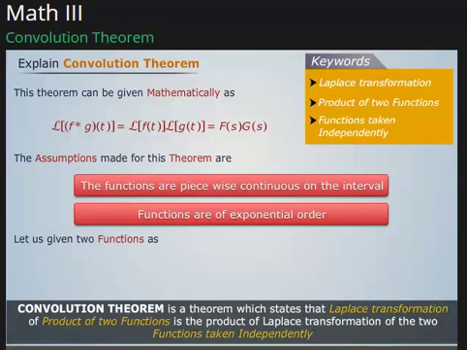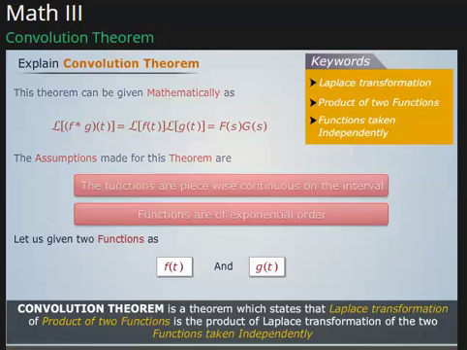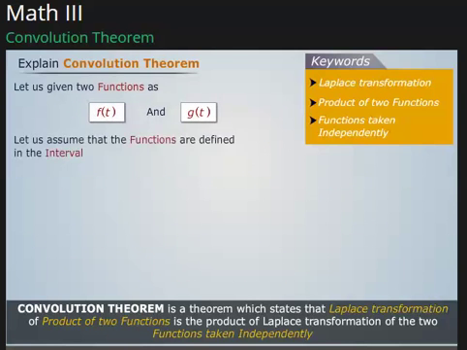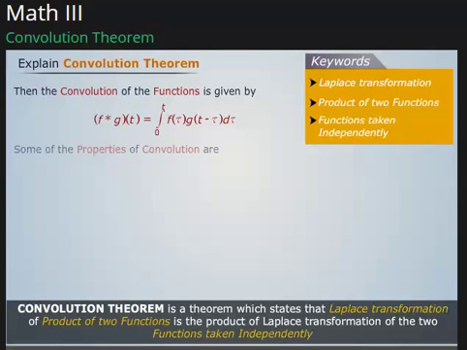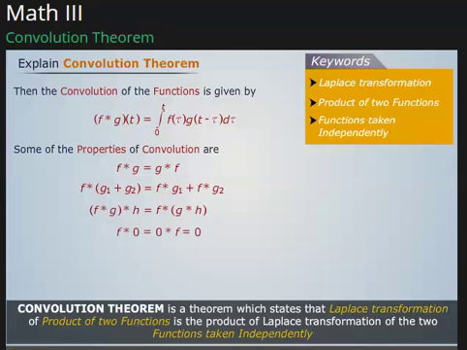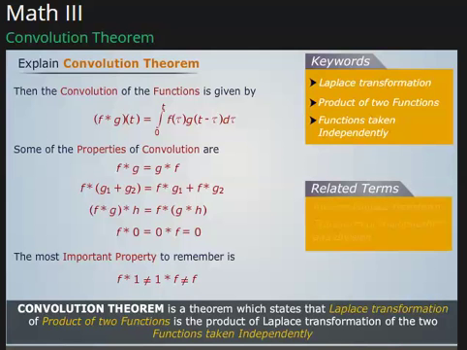Let us give two functions as. Let's assume that the functions are defined in the interval. Then the convolution of the functions is given by, some of the properties of convolution are. The most important property to remember is, related terms are